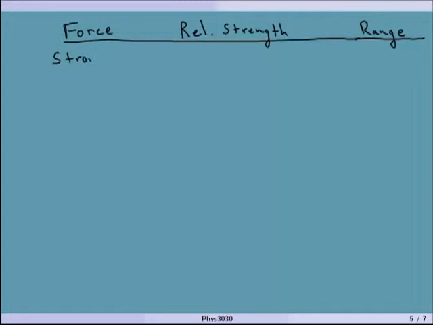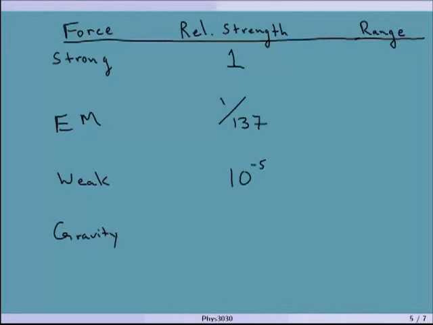So we'll start with strong, E&M force, weak force, and gravity. I want to put some numbers to this because I really want you to understand how much different they are. So for relative strength, we'll call the strongest one a strength of 1. Okay. If the strong force has a strength of 1, the E&M force has a strength that is 1/137th of the strong force. The weak force has a strength that is 10 to the negative 5th, which is 1 over 10,000. Okay.